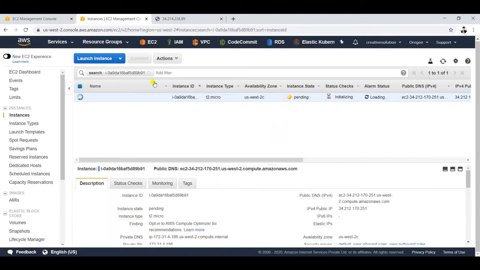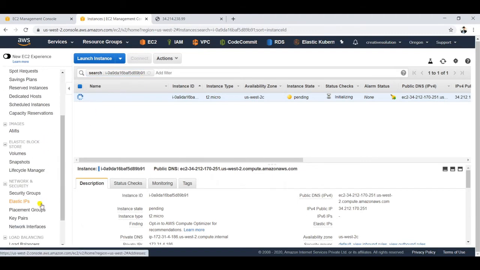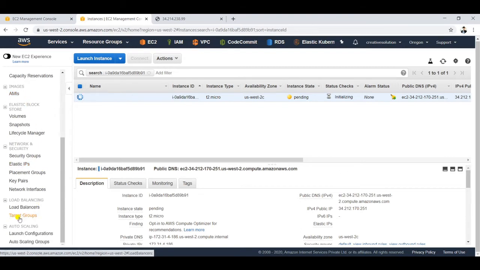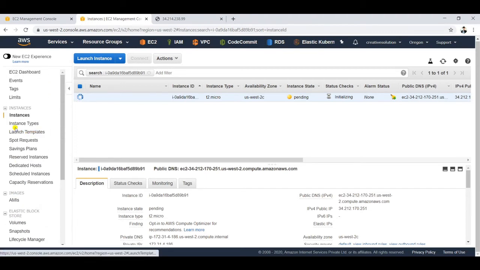In one of my further videos, I'll teach you how to launch Tomcat on an EC2 instance, and I'll explain what these points mean, like load balancer, what is an auto scaling group, networks, EBS volumes, and there are various types of EC2 instances. I think I can explain this one here only. Spot requests are basically, when you have a large amount of data, you will be paying a certain amount. Actually, you can reserve a spot instance here,